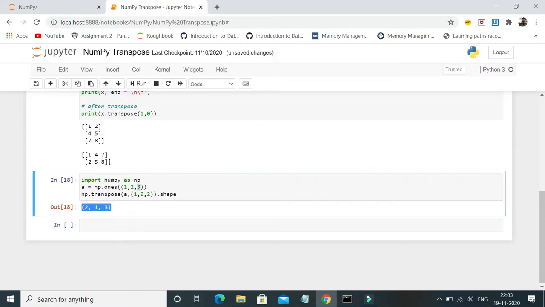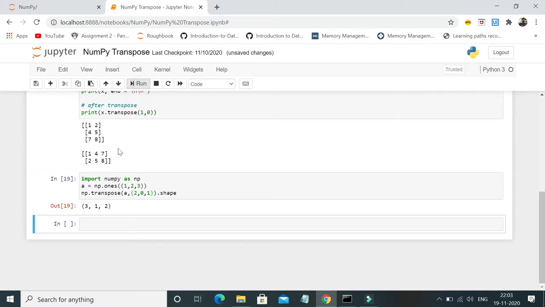So basically the output displayed here is nothing but the transpose of the element based on indexing. So what happens if I interchange a few indexes? Maybe I will put 2 comma 0 comma 1. Okay, let's see what happens. Yeah, now you see 3 comma 1 comma 2. Basically what happens is, what's my second index? It's 3. What's my zeroth index? It's 1.